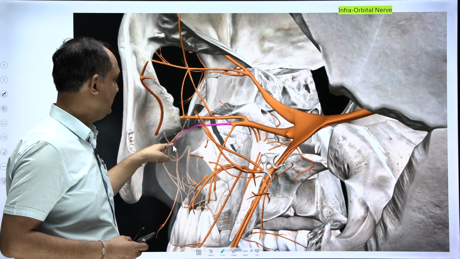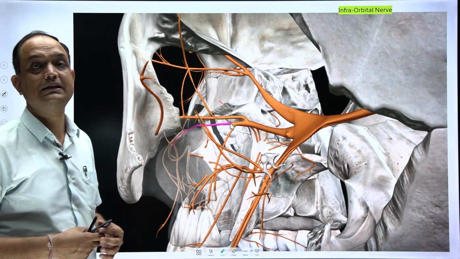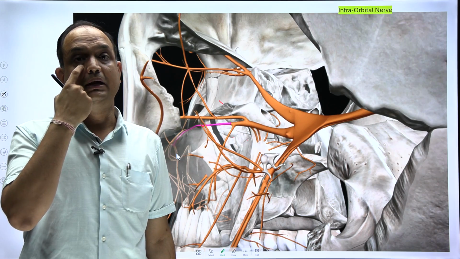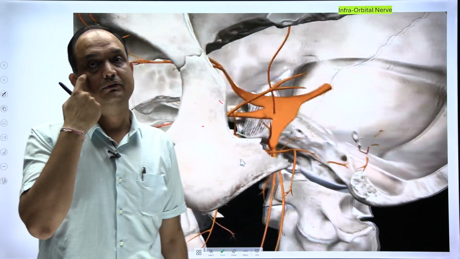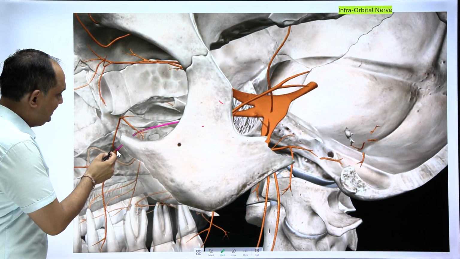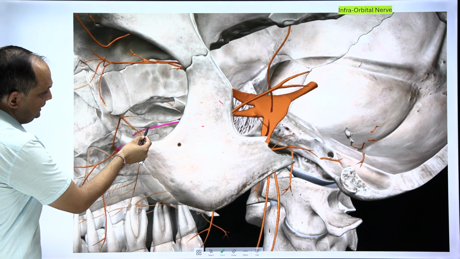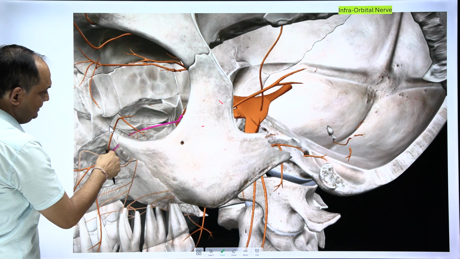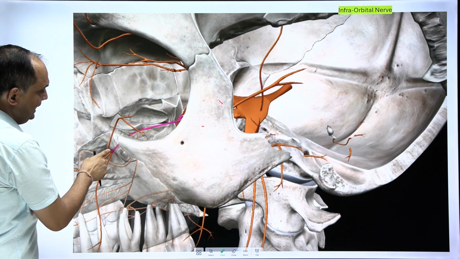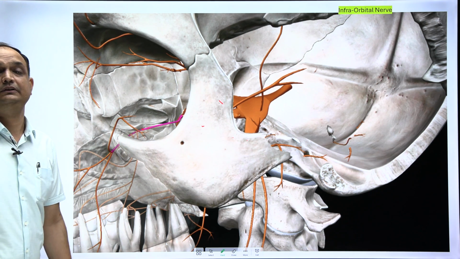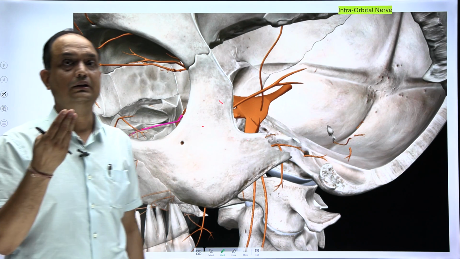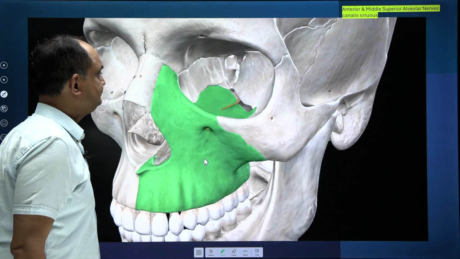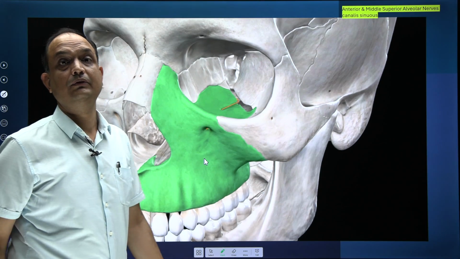at the end of the canal it terminates on the face, coming out at the infraorbital foramen and dividing into branches to supply the skin of the face. Here you can see how it will come out. Till this point it is visible, but after that it is not visible because it is inside the bony canal, and then again the terminal branches are visible, which is actually the infraorbital foramen area. Clear? Now here you can see a very important